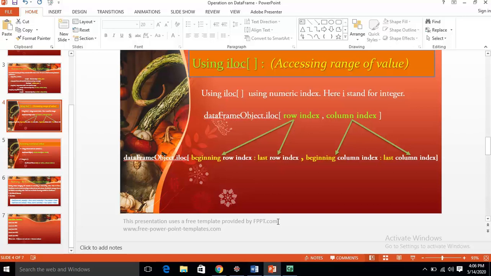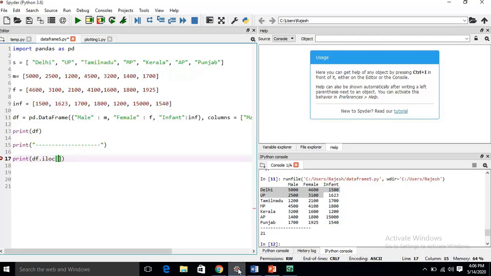Here the beginning row index is 0, then colon, last index is 1, but I will use 2 because it runs n minus 1. This is the row index.